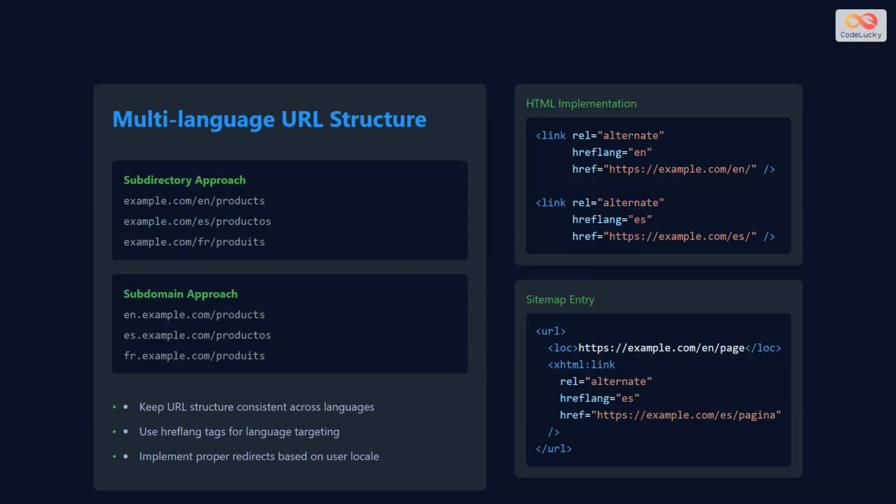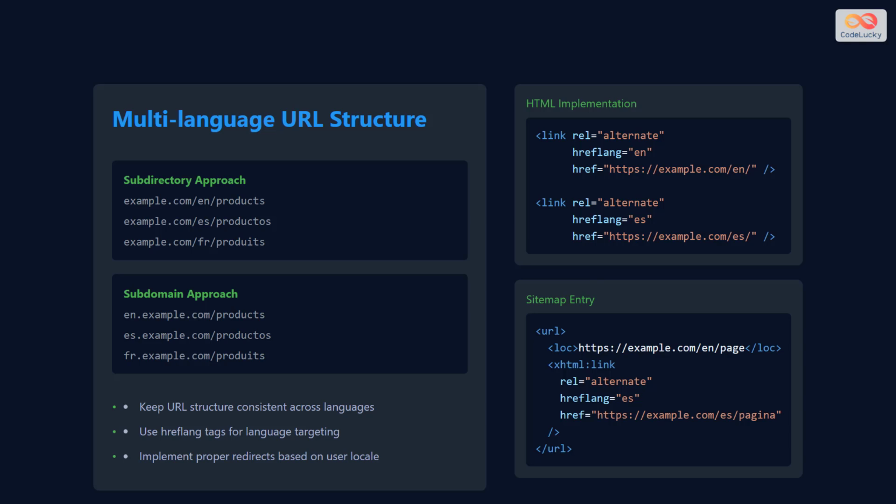If you have a website in multiple languages, it's crucial to structure your URLs effectively. Two approaches are common: subdirectory and subdomain. In a subdirectory approach, use a language code as a subfolder, such as example.com/en/products for English and example.com/es/productos for Spanish. With a subdomain approach, use the language code as a subdomain, like